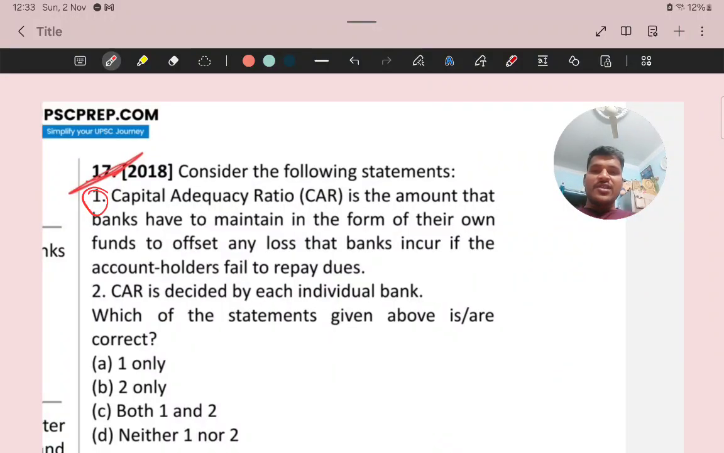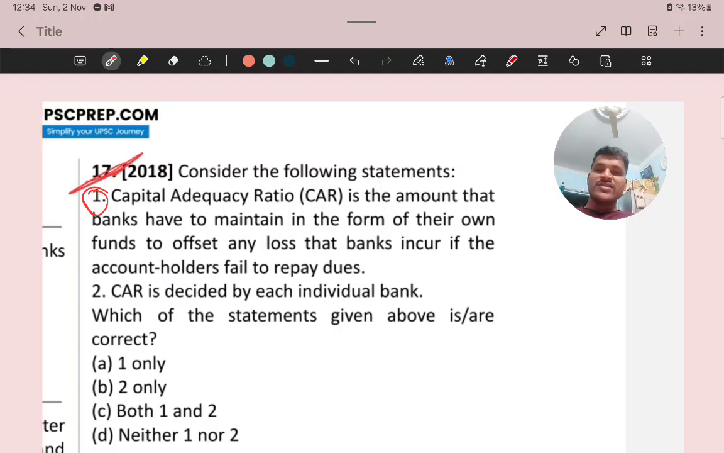Statement 1: Capital adequacy ratio is the amount that banks have to maintain in the form of their own funds to offset any loss that banks incur if the account holder fails to repay dues. In simple terms, capital adequacy ratio is some percentage of amount kept in the treasury of the bank to offset the losses made by people like Vijay Mallya and such others. Bank people are very much aware that people like Vijay Mallya are there to cheat the banking system. In order to safeguard the bank system,